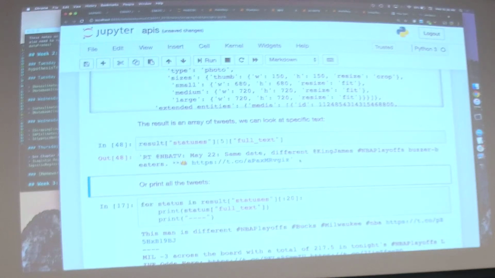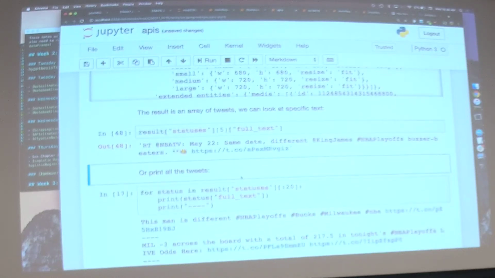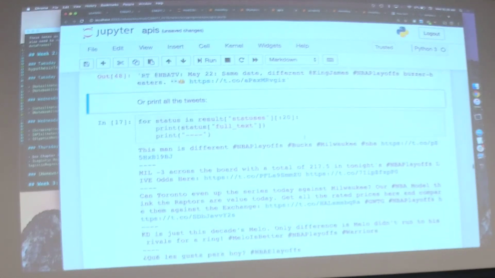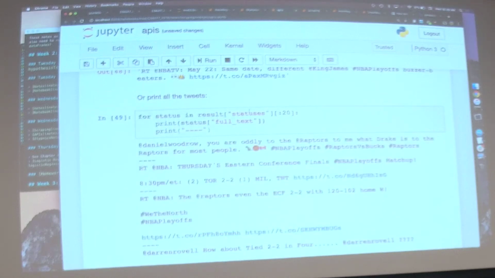This is weird. I don't know why everybody's talking about LeBron James, who was not participating in this year's playoffs. As I was updating this last year, it was Cavs Warriors. I decided I think the Bucks are going to win in the East, so we're going to go Warriors Bucks for all the analysis we do below. So yeah, we have nice JSON objects, so we can easily look at the text of our tweets